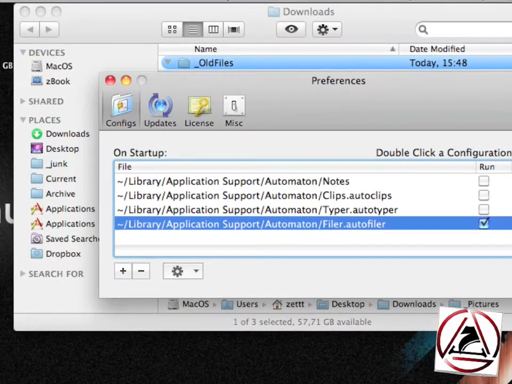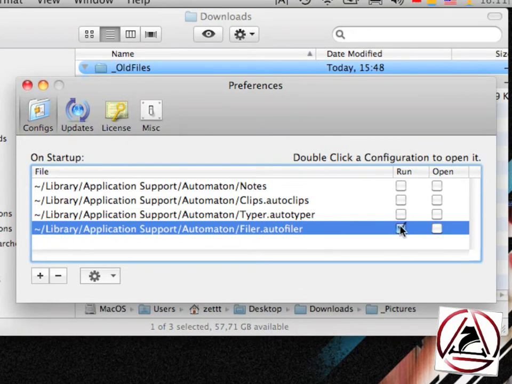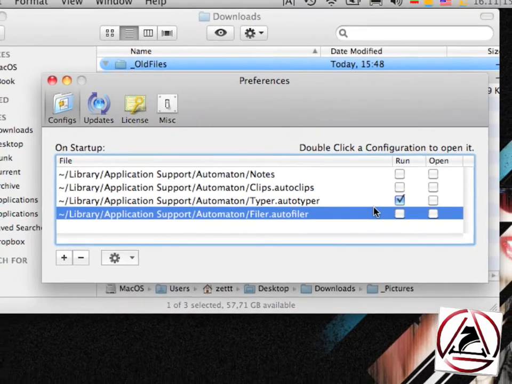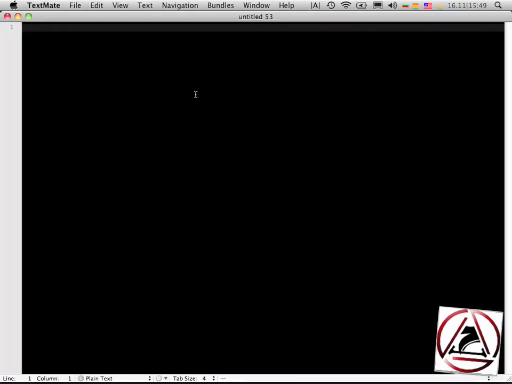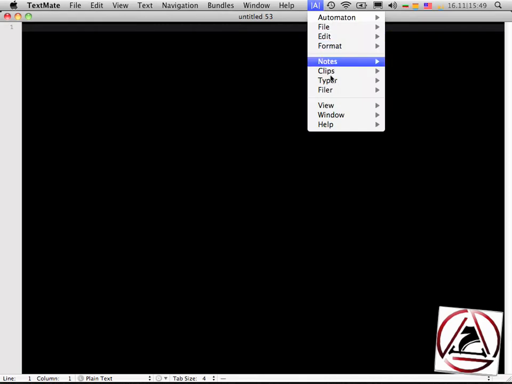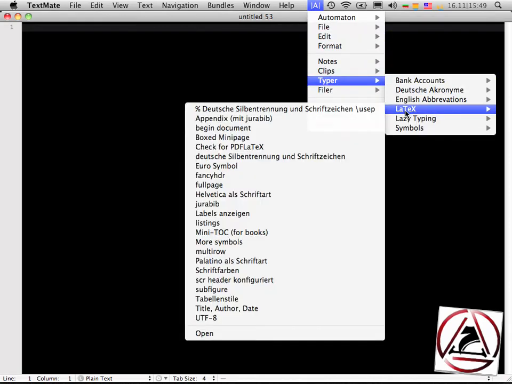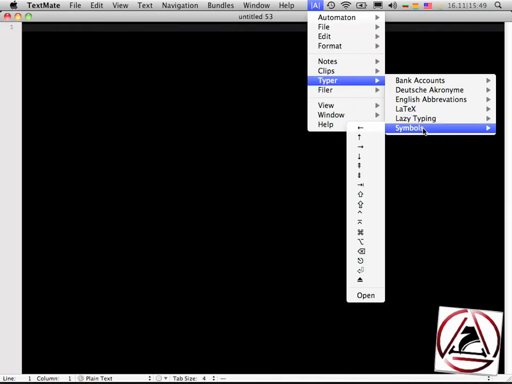Okay, the next part of Automaton is the Typer. Typer is really great because you can add here so-called snippets you may know from other snippet expansion programs. The great thing here, I have TextMate opened, and you can select all your different snippets from the menu bar, like my symbols here,